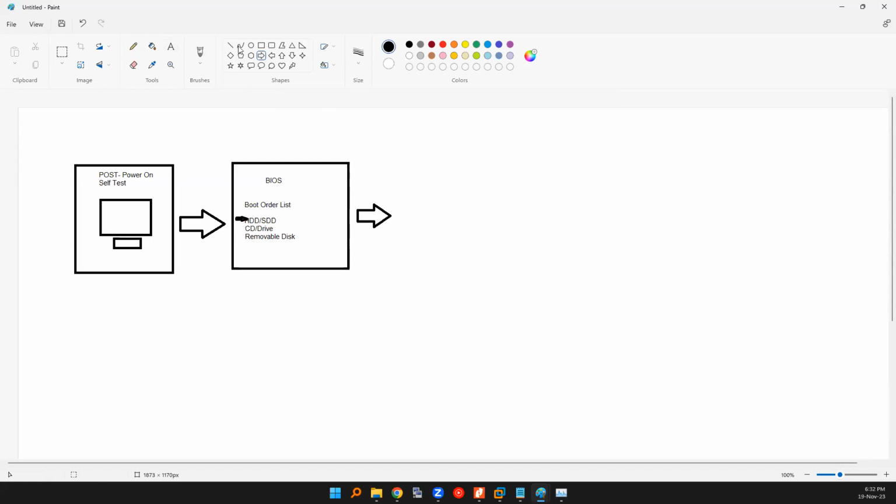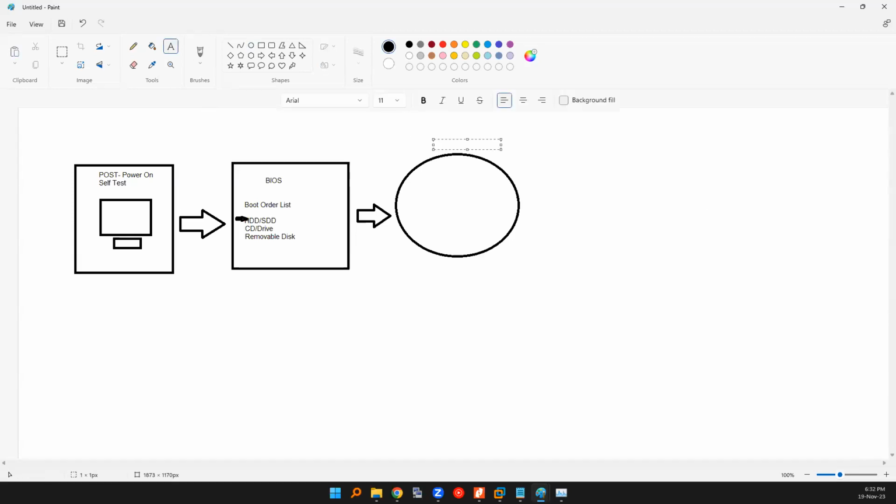So the next one. In Linux, mostly we will use the MBR partition style, and in Windows, they are pushing GPT. So what is the difference between those? We will be seeing in a moment. Just a sec. MBR and